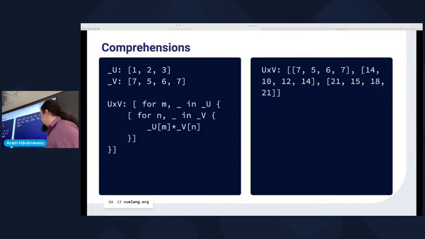A more complex example here, you don't have to understand this, but what really happens is that U and V, you can think of them as two vectors, and this is basically the way to compute their outer product. Doesn't matter the specifics. The only thing that matters is that you can do that. You can take a one-dimensional object like a vector, and create a two-dimensional object, essentially a matrix, which is basically a list of lists.